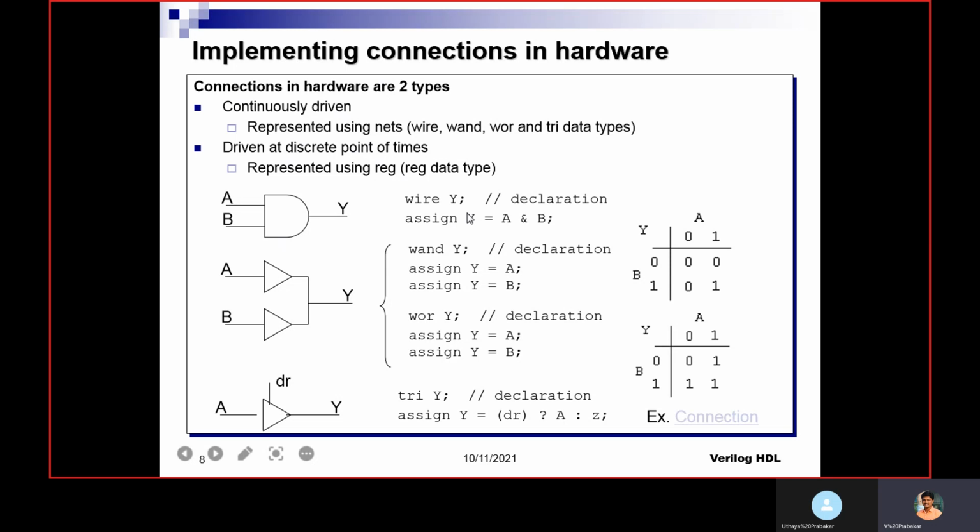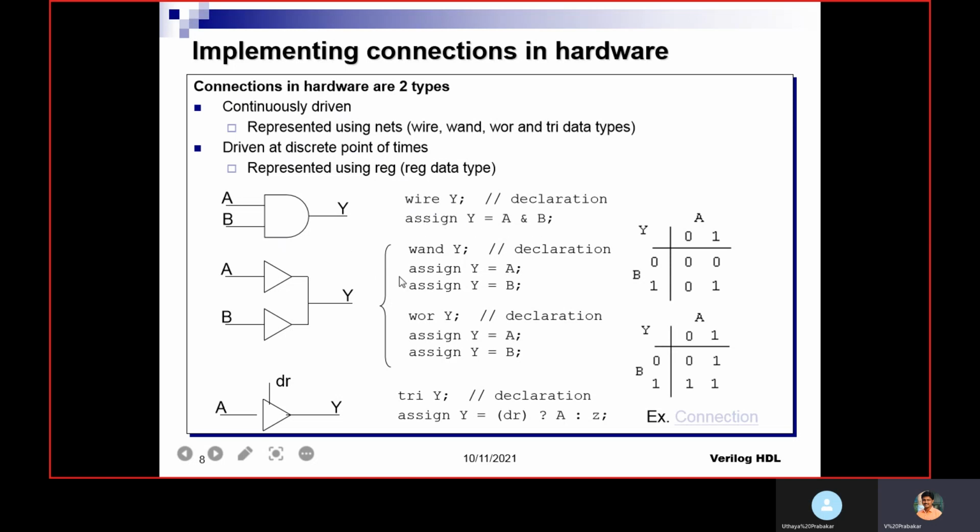Assign means it is continuously checking if any change happens in the right hand side, and automatically the left hand side variable will get updated. It continuously monitors. So: wire Y, then assign Y equal to A and B.